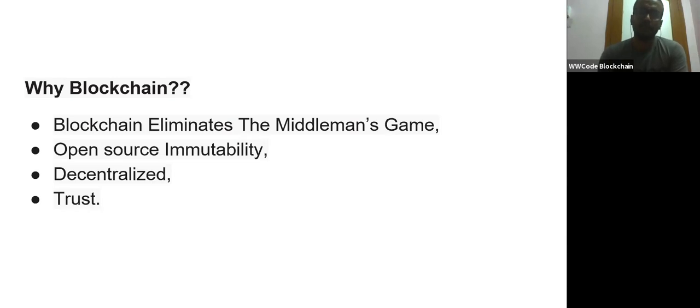Because there is no single point where everyone has to come, people don't want centralized storage. A decentralized system is safe and secure also. Like the decentralized database, it is not only blockchain, many decentralized systems are coming day by day. But blockchain is the main thing.